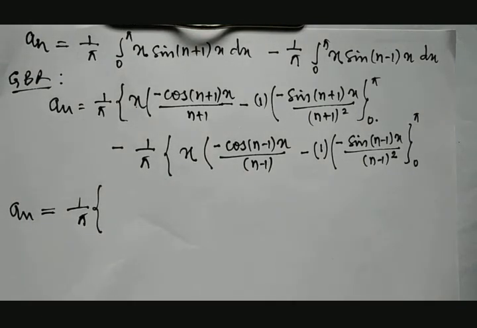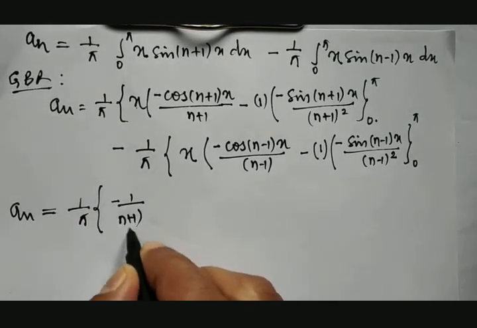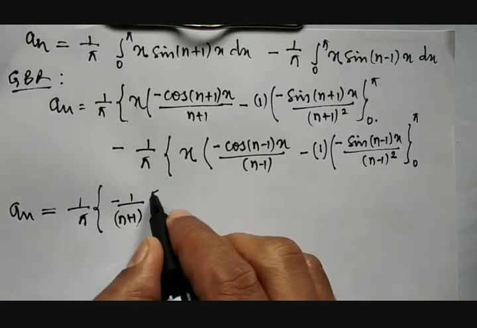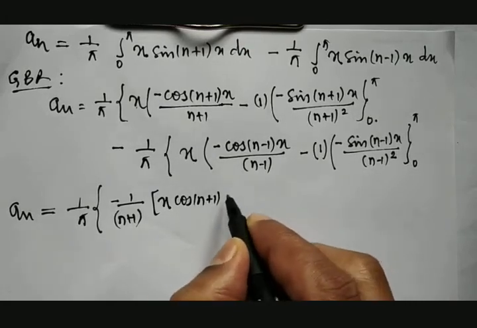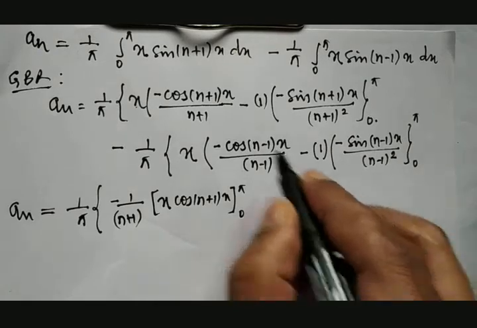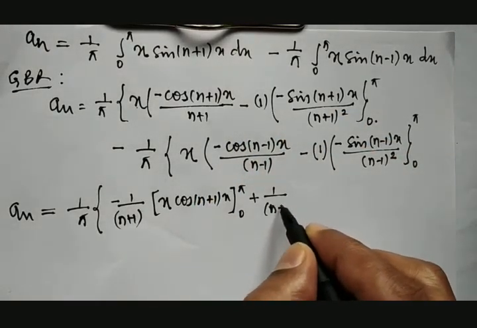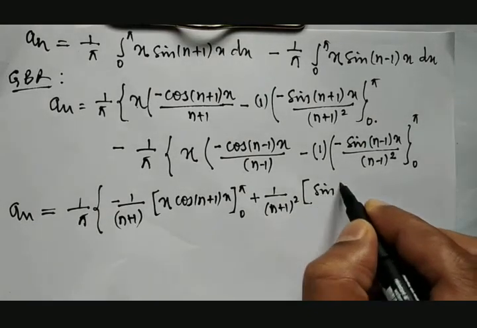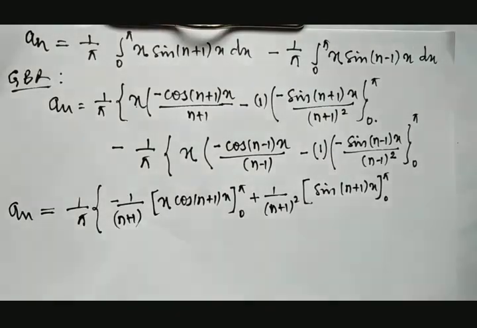into, here I'll be taking minus 1 divided by n plus 1 common, then inside the bracket it will be x into cos of (n plus 1) x between 0 to pi, minus of minus it is plus 1 divided by (n plus 1) whole square into sine of (n plus 1) x between 0 to pi